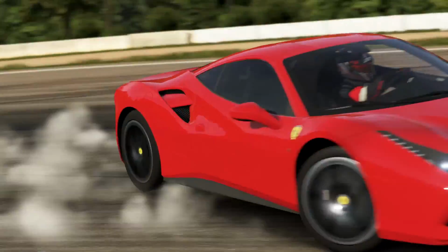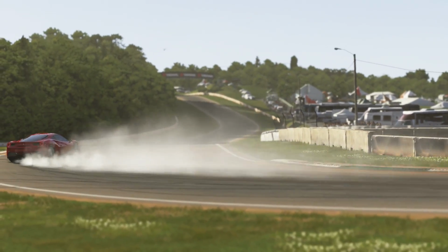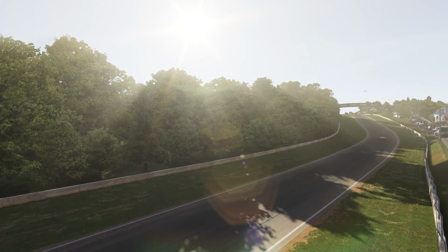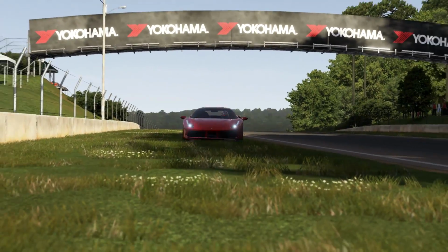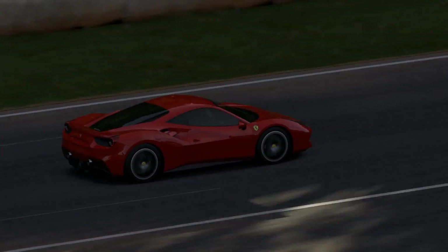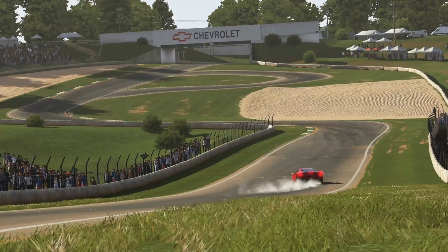Let's start it off with the cover car for this pack, the Ferrari 488 GTB. This car is just utter amazingness. It's really cool. Here's the issue with this car though. Ferrari 488 is amazing. Amazing looking car, great car to drive. But am I the only one who thinks it's a little too similar to a 458? I don't know if it's just me, but if I went out and spent 200k, 300k plus on a car, and it looks very similar to the model year before that one, that's a different name and slower, I'd be like, oh, that's a little...